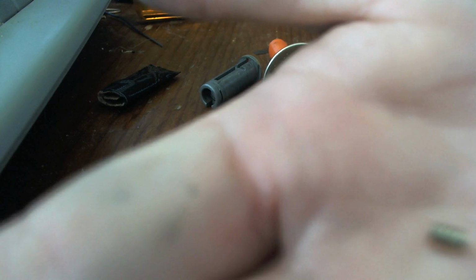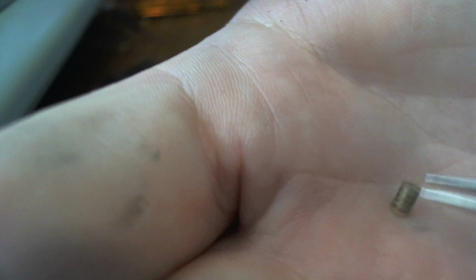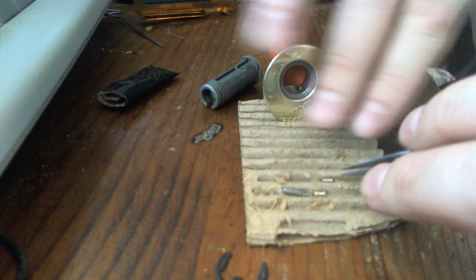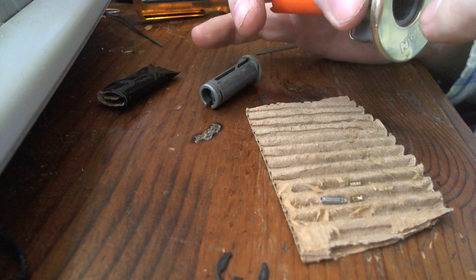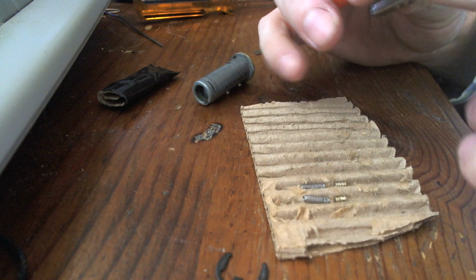Number 2, amazing serrations. Probably the nicest serrations I've seen in a challenge lock. They're spaced well, they're nice and deep. Told you I heard crunch on number 2. That spring out of there. See this